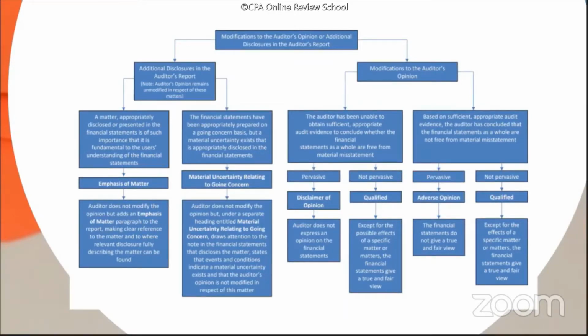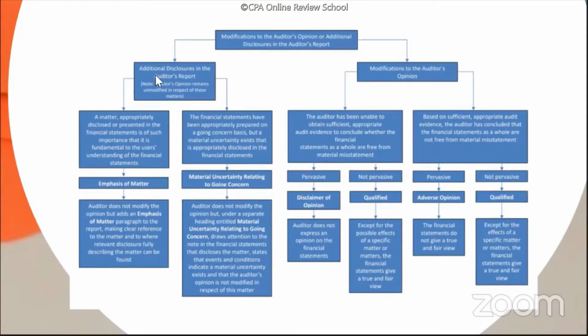So iisa-isahin natin to. Medyo mahaba-haba to. I will try to explain this in a simple manner na kaya-kaya ko na kung saan maintindihan nyo. Okay? So there are two areas na kung saan you have to